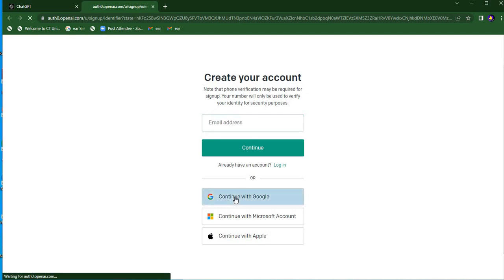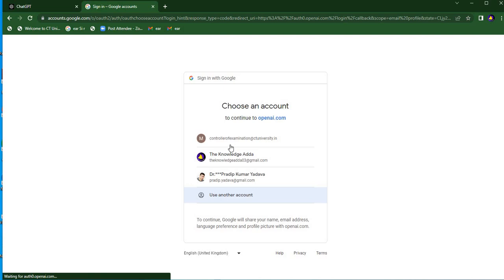So I am clicking on continue with Google. Here you can see there are various email IDs available, and you only have to select the one you want. Suppose I already have an account in ChatGPT, so I am not going to show you, but I can tell you the procedure.